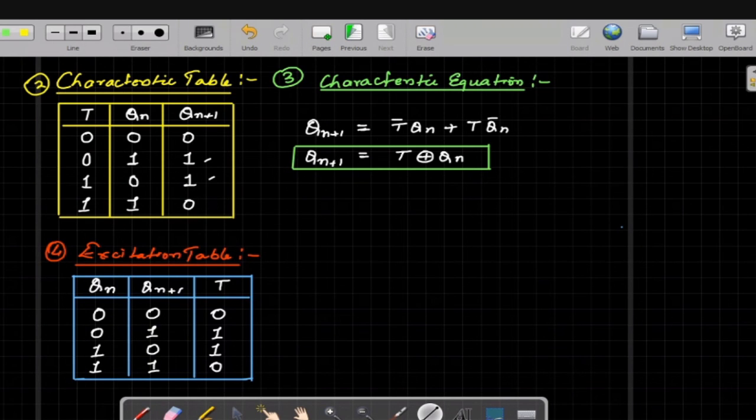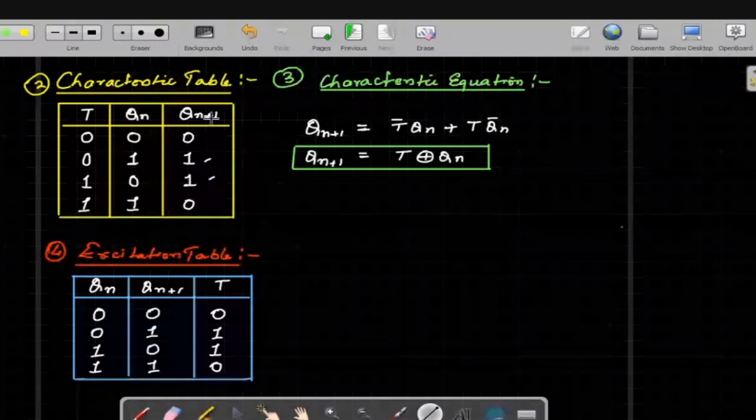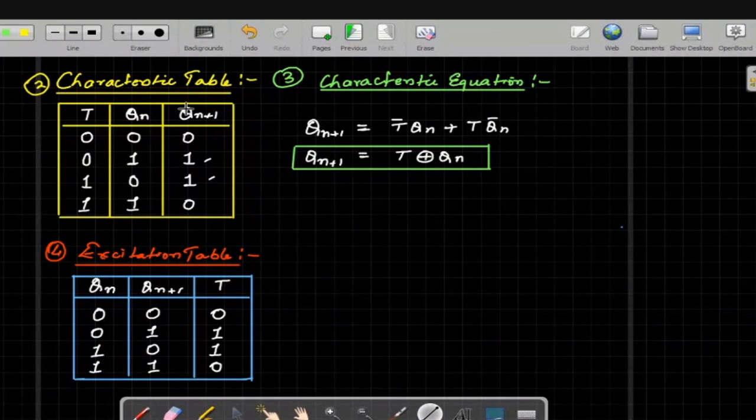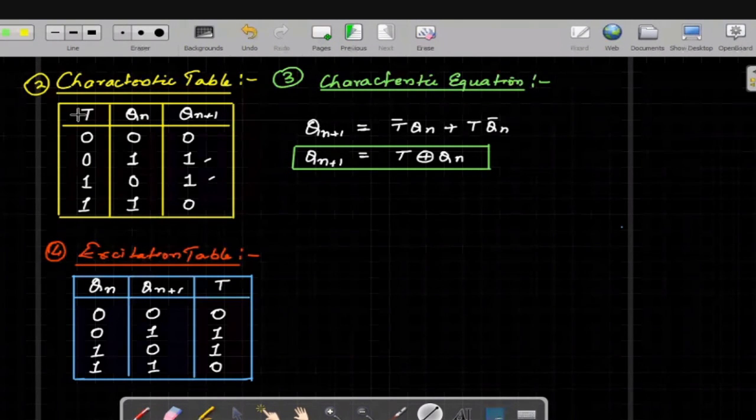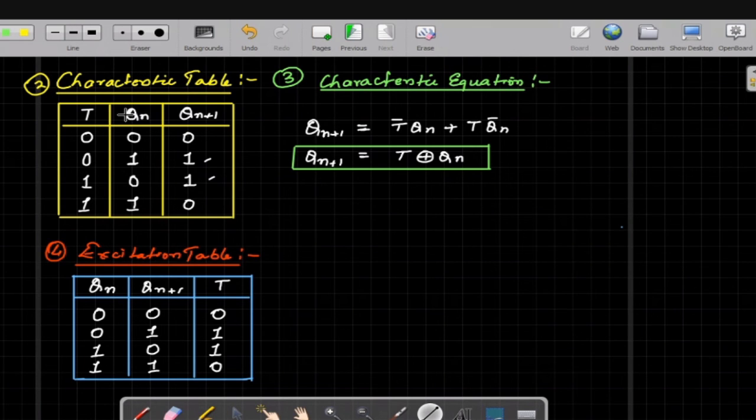सर, कैरेक्टरिस्टिक टेबल और एक्साइटेशन टेबल में डिफरेंस क्या है? अमित ने एक क्वेश्चन पूछा है। ओके, तो लेट्स ट्राई टू अंडरस्टैंड। कैरेक्टरिस्टिक टेबल में हम बात कर रहे हैं प्रेजेंट आउटपुट की, जो किस बात पर निर्भर कर रहा है? इनपुट के साथ साथ प्रीवियस आउटपुट पर।